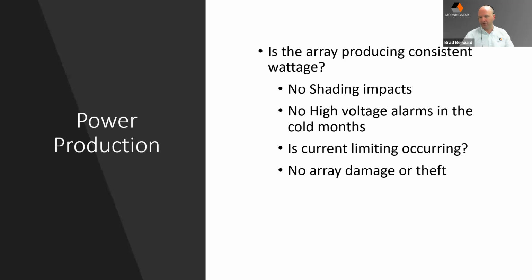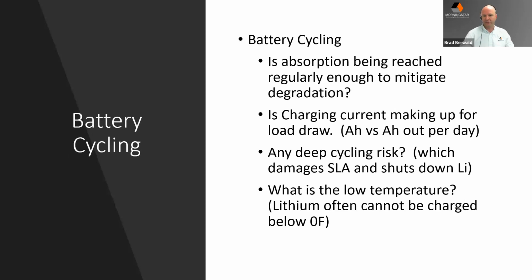Is there any current limiting occurring, meaning that the array is tapped out or the solar controller is completely full, and maybe temperature is causing the current to be reduced? And lastly, one of the biggest questions we get regarding remote access for data for telecom, especially in parts of Africa, unfortunately, is: is my solar array still intact the way I left it? Are any of the modules missing? There are telltale signs of changes in the data profile that would indicate modules have possibly been stolen. It's unfortunate, but it's one of those real life conditions.